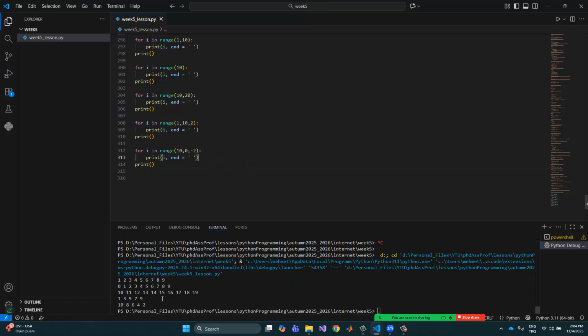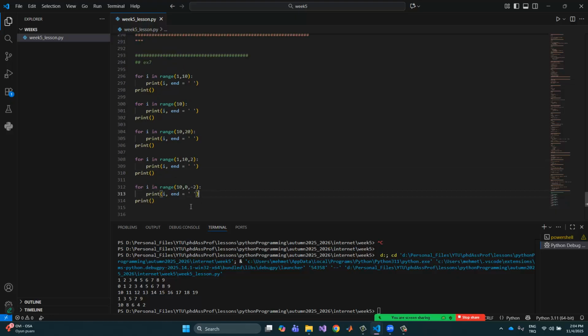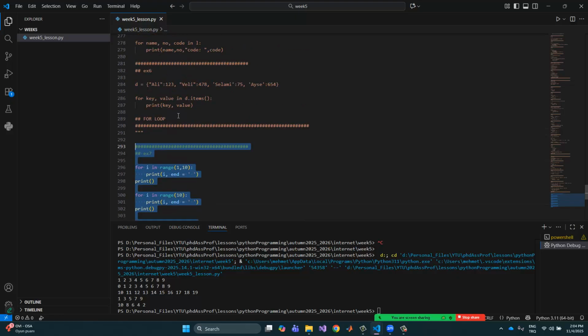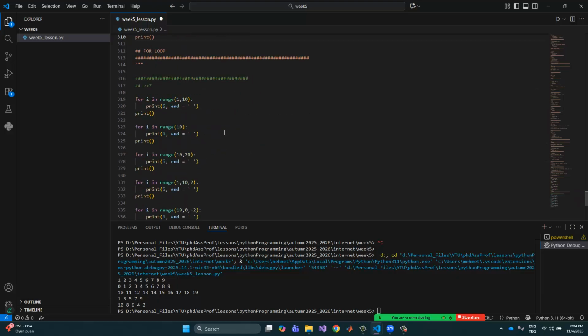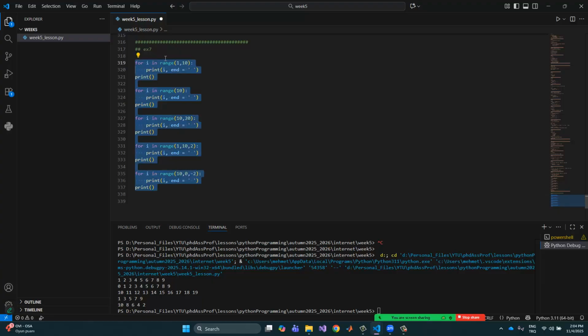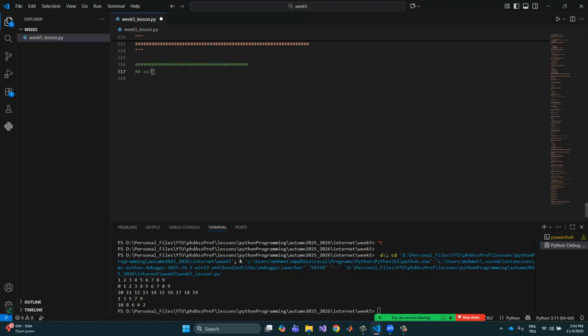Yes, see, 10 8 6 4 2, right? This is the range example. If you want to create your own range or the loop, we can use a range function, and we can search the what using the in. Okay,